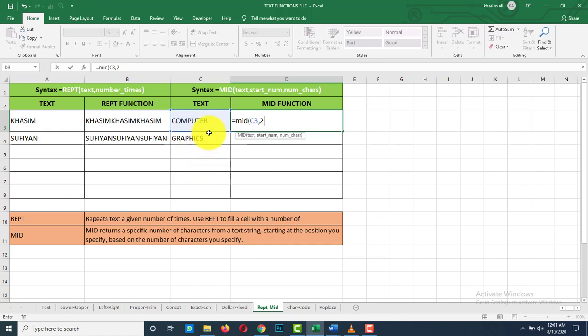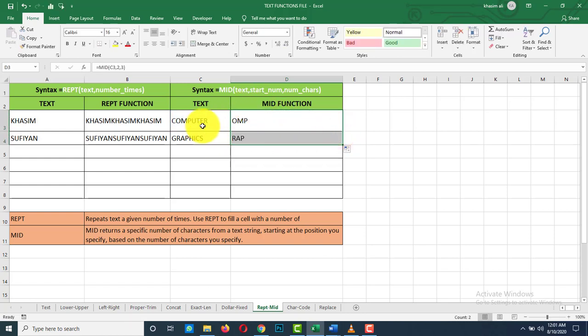And how many characters do you want to display? OMP, so totally 3 characters. So you have to write the total number of characters you want to display. The first argument is the starting number in the text string, and the second argument is the number of characters from the text string. So the output is OMP.